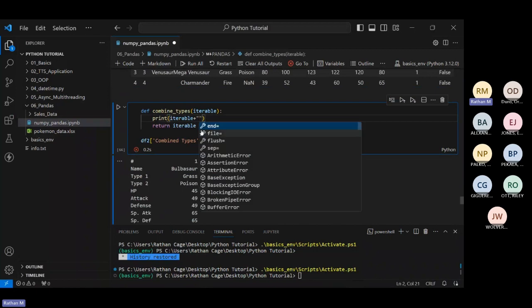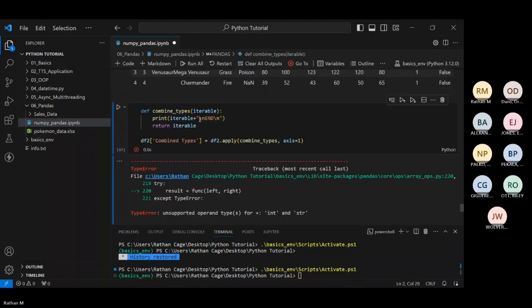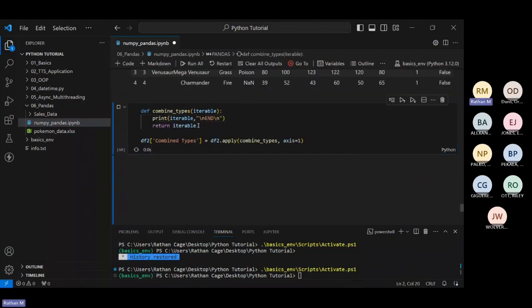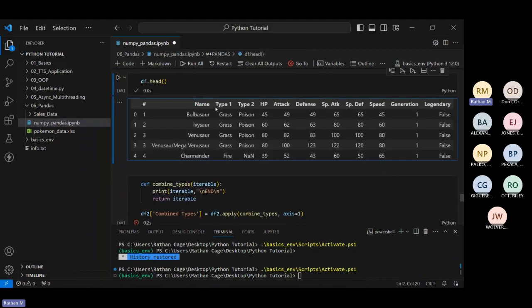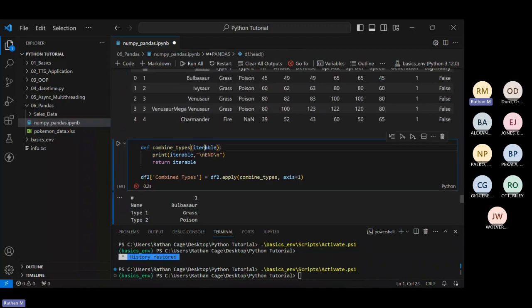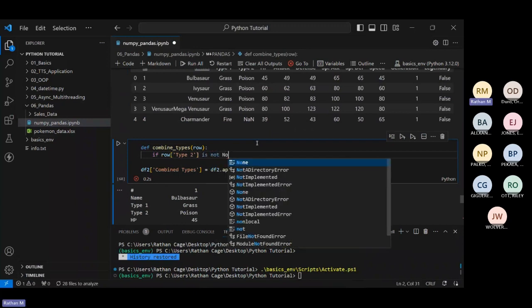And I'll just write here for better understanding. You can take a look at this. Oh, I'm so sorry. Let me use, yeah. You can take a look at this, it's end. That means this is the first iterable it reads. It reads one row at a time with every column name of it. So what we need to do here is treat this as a row. And when we get this as a row, we need to identify if row of type 2 is not none,